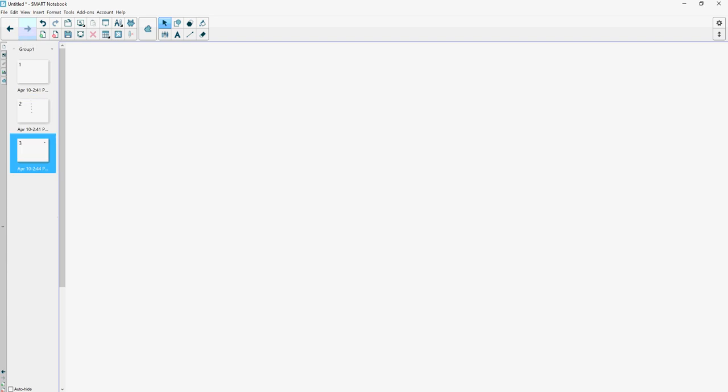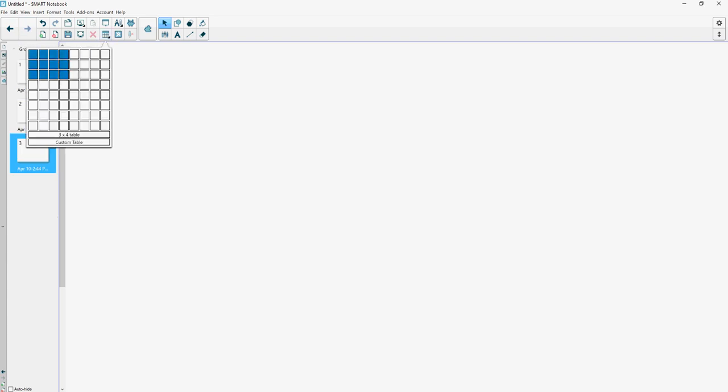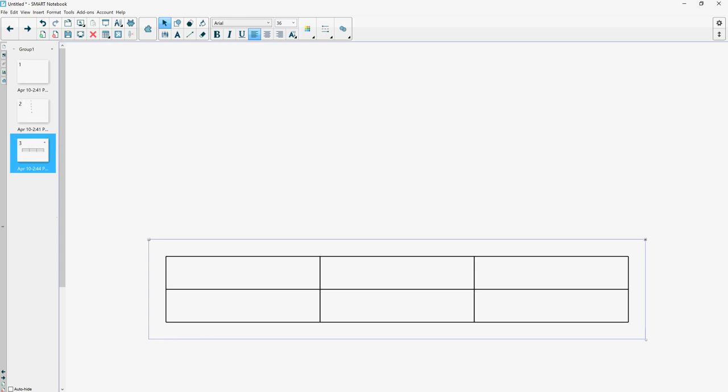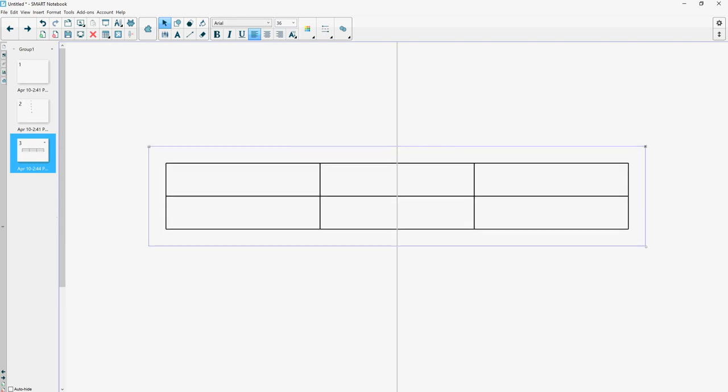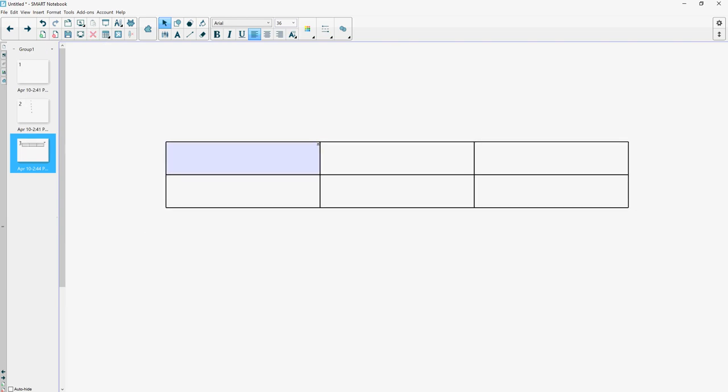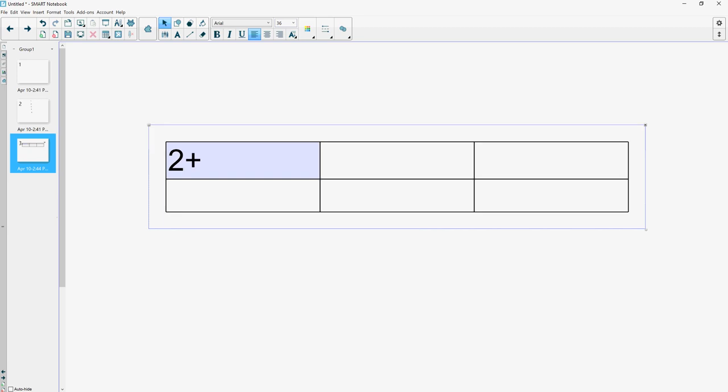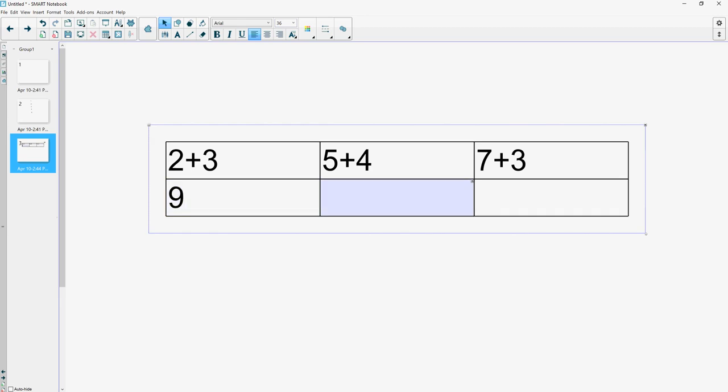Let me show you another shade type of thing. If I go to a table, the way I like to use this, because I like to do math, is I do a memory game. So I'm going to type in 2 plus 3. I'm going to type in 5 plus 4. I'm going to type in 7 plus 3. I'm going to type in 9 plus 10 plus 5. Now,